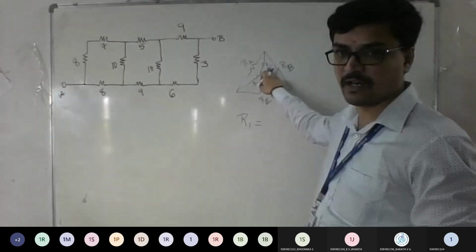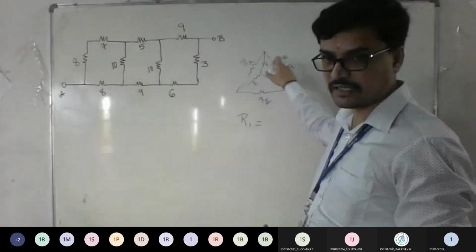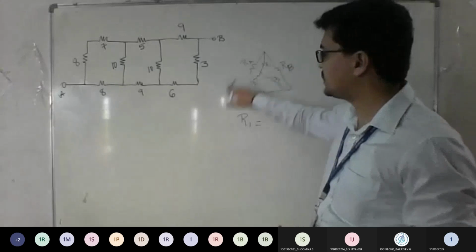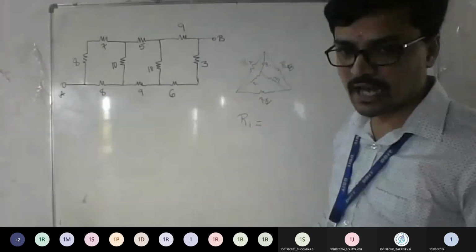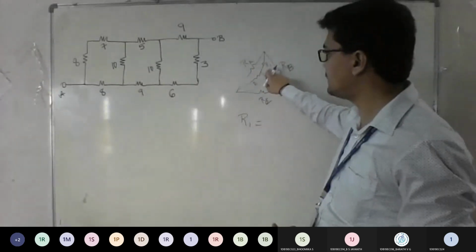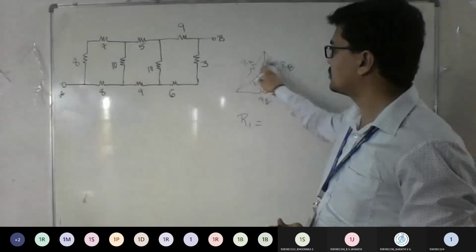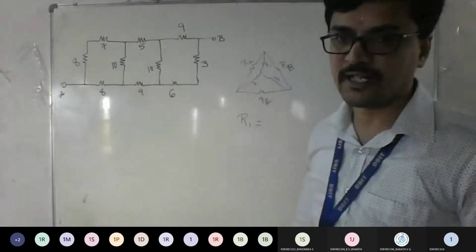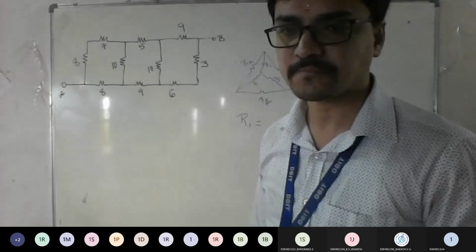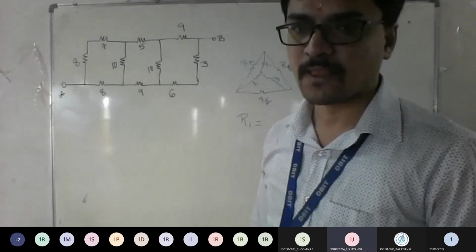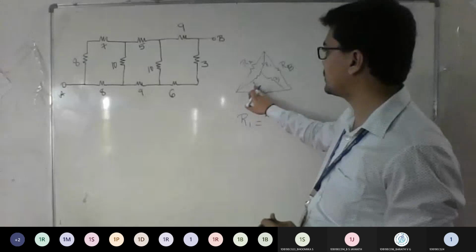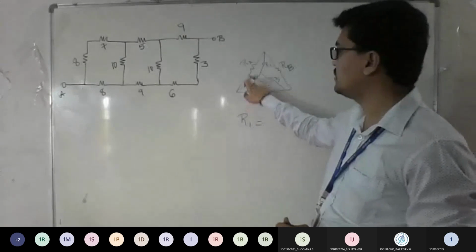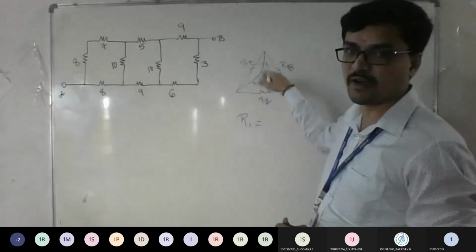See, that is what the meaning of star to delta or delta to star. So now I have given delta for you. I want star. So if you want the inside resistor value, what is the thing you should do? Multiply the either end resistors divided by the sum of all. Yes, sir. So same way you can repeat for each inside resistor: multiply the adjacent ones, divided by the sum of all.